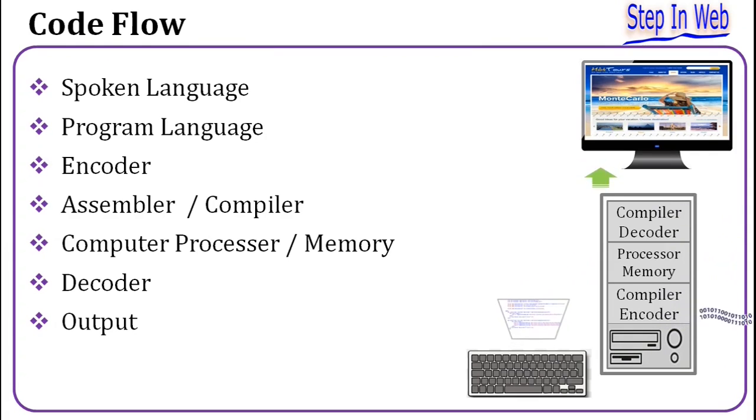So whenever we recall or want some output, that binary number will be decoded with the decoder and sent as output to our computer screen. So this is the main process. In that, we are going to do only the programming language area coding. All other things are inbuilt in the computer system.